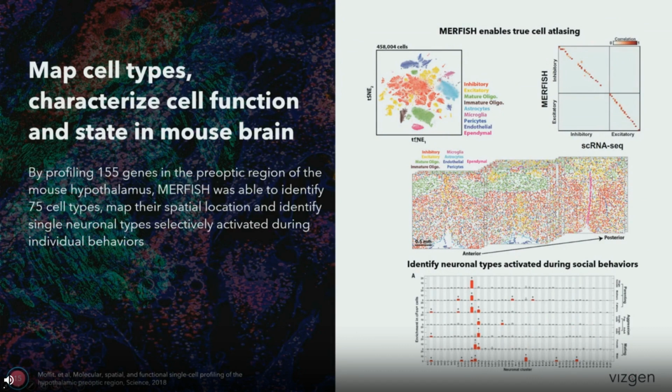You can see all the major cell classes labeled in different colors. And in this paper, the authors also performed single-cell RNA-seq and benchmarked the performance of MERFISH versus single-cell RNA-seq. And again, you can see quantitatively, MERFISH agrees very well with single-cell RNA-seq. All the major cell types found by single-cell RNA-seq were recapitulated by MERFISH measurements, as you can see from this